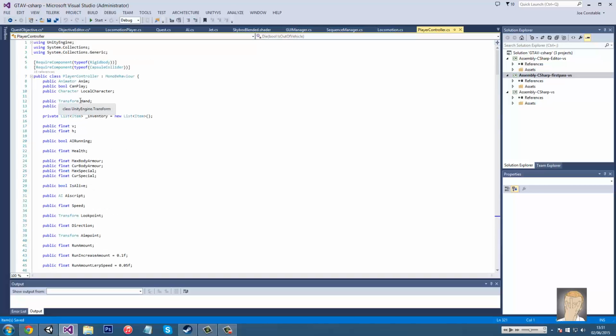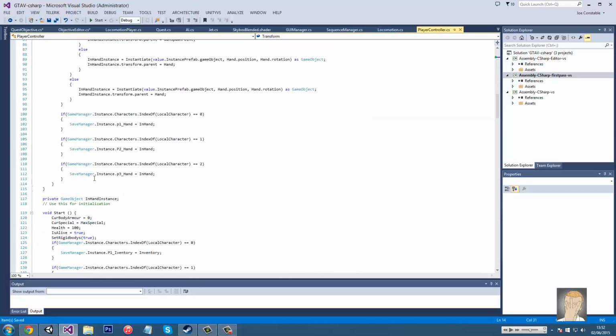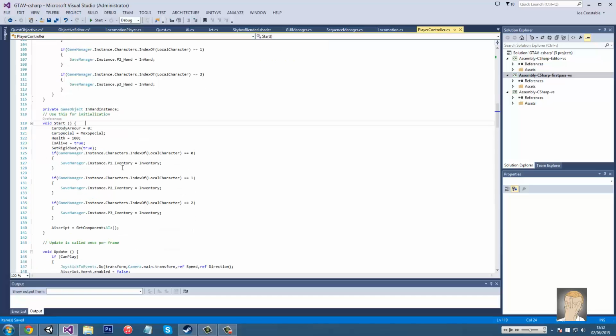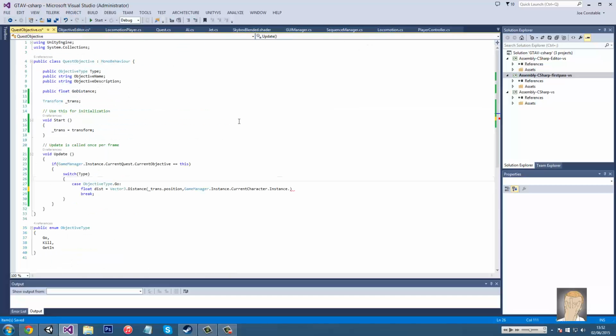So in the player controller, we need to create a new public variable, Transform, and name it Transform with a capital T. Then in Start, or Awake if we had it, which we don't, we go Transform with a capital T equals transform with a lowercase t. Done. Back in quest objective, we go .instance.Transform, the one with the capital T,